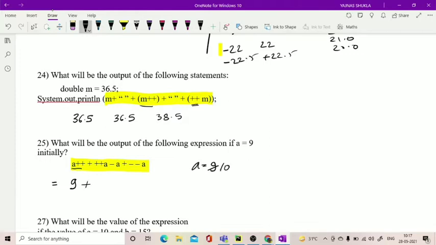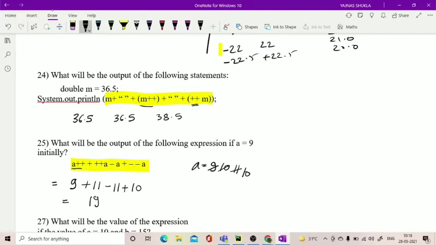Then plus A means the increment has to be done before, and then the addition. Minus A is 11 plus minus A: the value of A is decremented first, then added. 10. So the output will be 19.